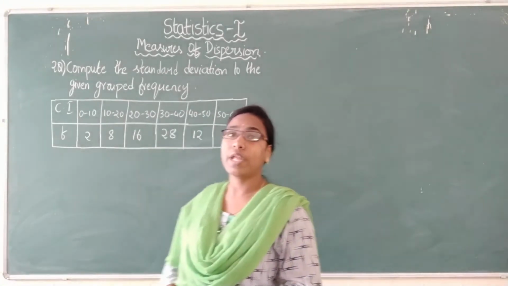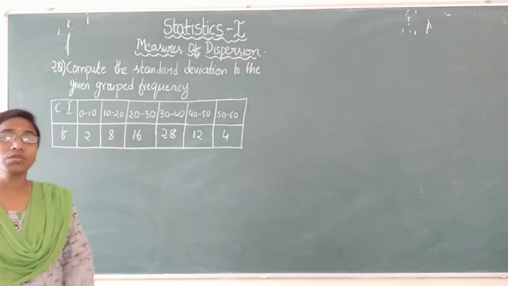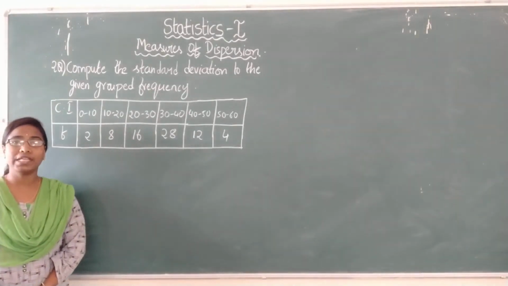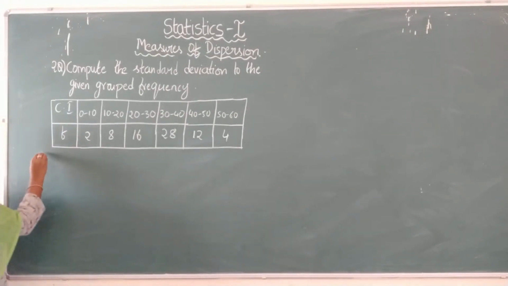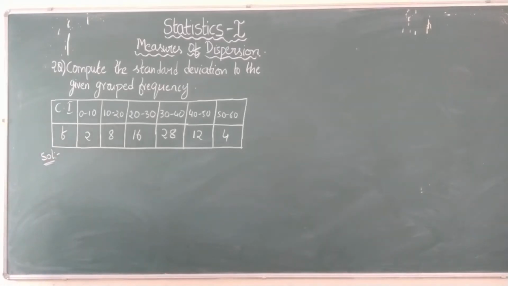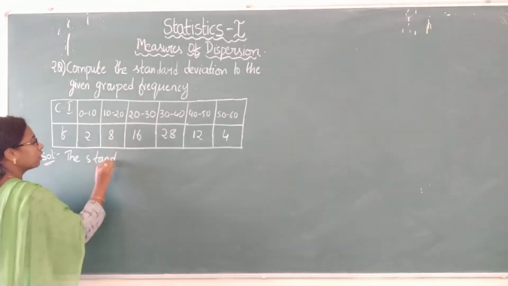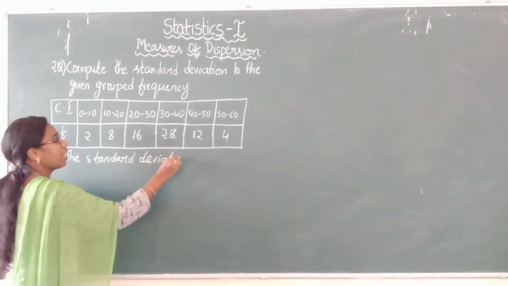If you are not able to see it properly, I am reading out the values also. While writing the notes, as I am reading the values, you can copy it easily. Now coming to the solution. What is the standard deviation formula for the grouped data? The standard deviation is given as,